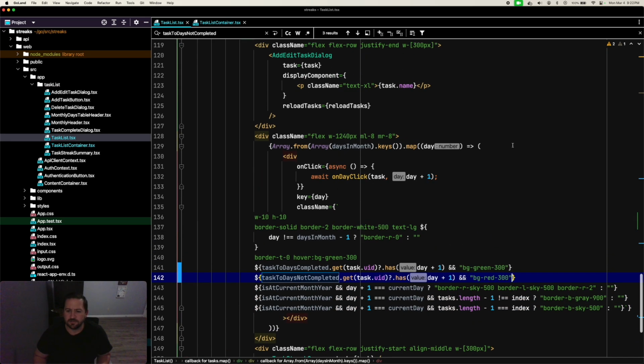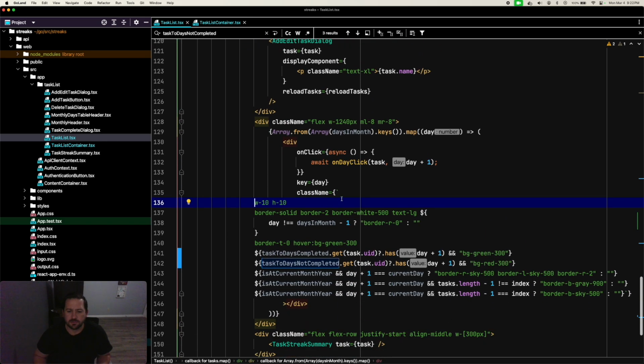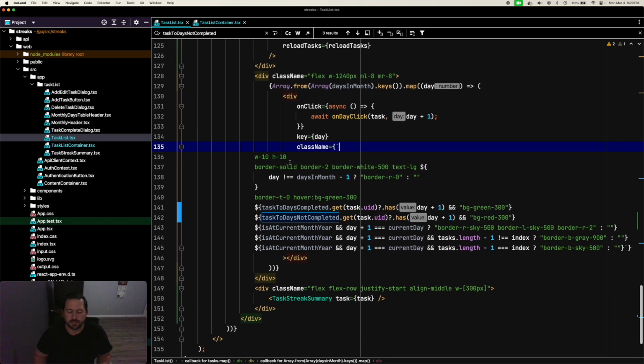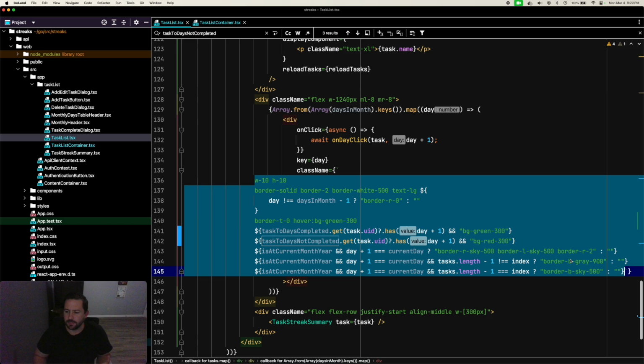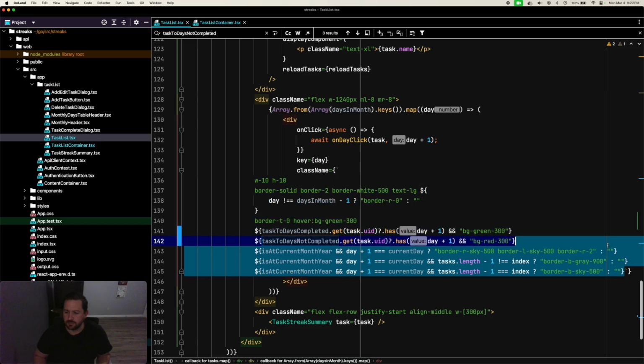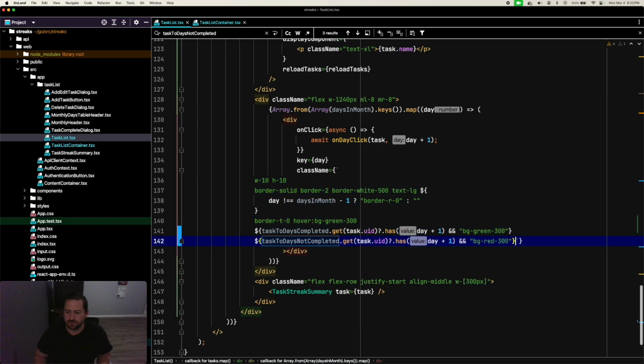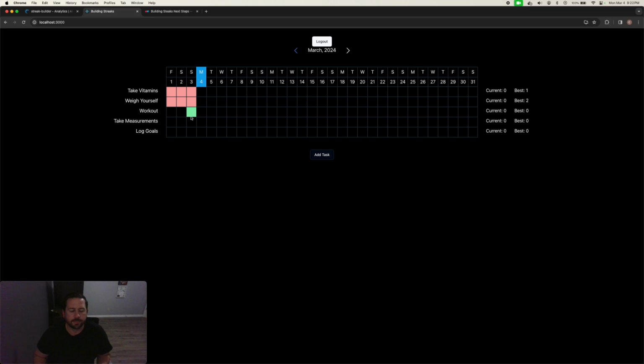I see that we have this here. Oh, this is all part of this one class name. Oh my gosh, that's really large. So what we're gonna do is we're gonna try to just take this away. Okay, so that removes the borders. That's fine. And now what we want to do is